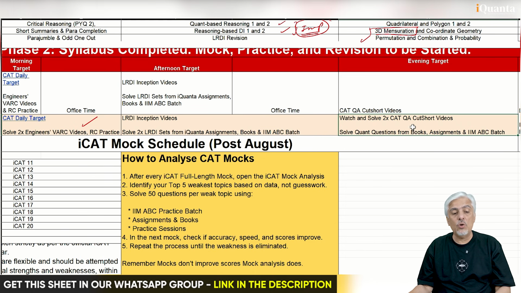And same way again, in Quant, you have the QA cut short videos. That is how to apply shortcuts. A lot of people right at the start want to learn how to apply shortcuts, which is not a very safe thing in QA. In fact, if you ask any serious mentor, he or she will tell you that shortcuts are always learned once you learn the regular methods. People think that, oh, I will learn the shortcut instead of the regular method. Doesn't work. And hence, we start teaching our shortcuts only after we finish the syllabus. Yes, while solving questions and all, we keep adding shortcuts, but that's for a later day.